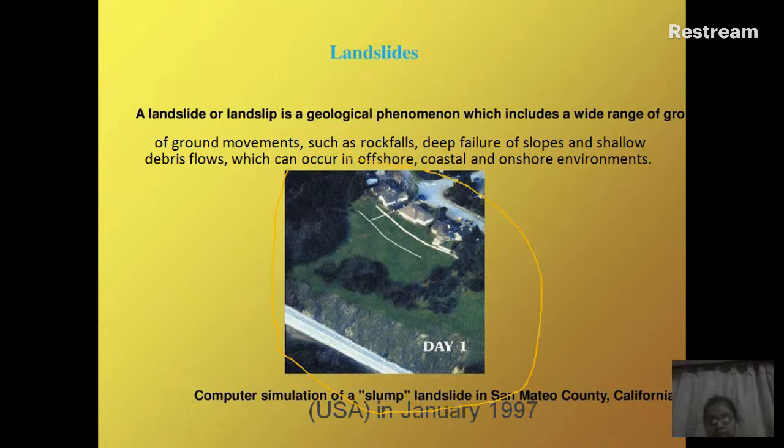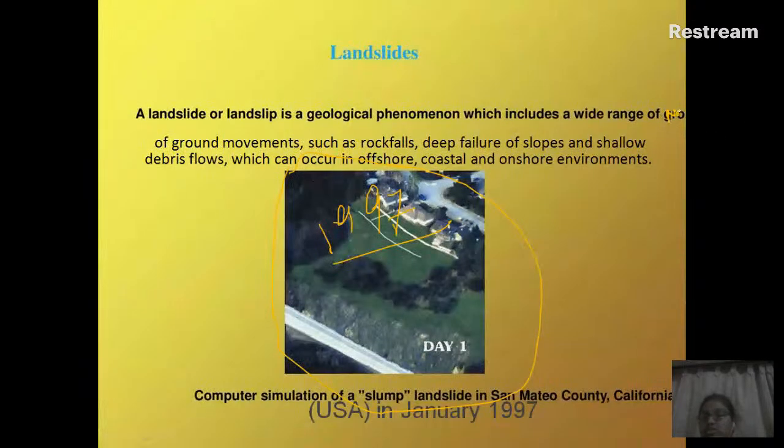This picture is a computer simulation of the slump landslide in San Mateo County, California, USA, in January 1970. Okay, so you see, a landslide or a landslip is a geological phenomenon which includes a wide range of ground